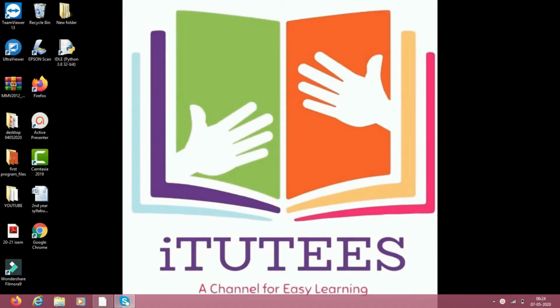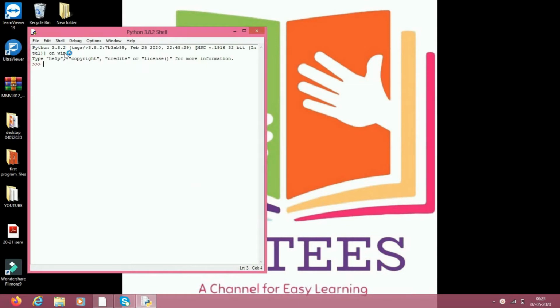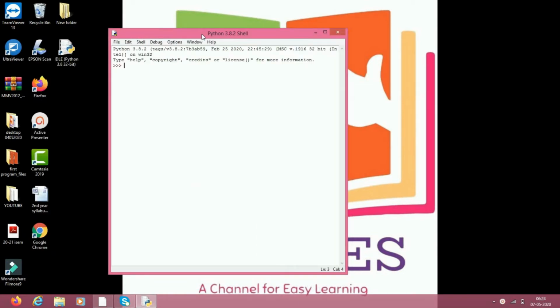So now we can see, what is a variable? How to assign the value to the variable? A variable is a storage location that stores a value that can vary. That means the variable is stored in the main memory. So how to assign a value to the variable? For that we already discussed the syntax.